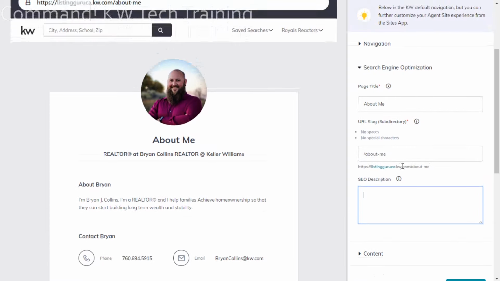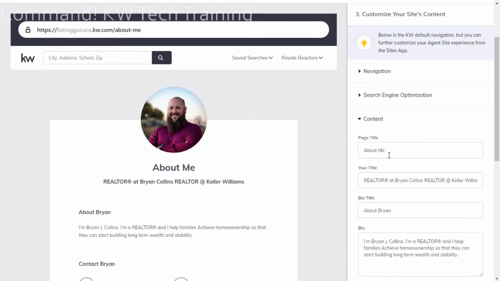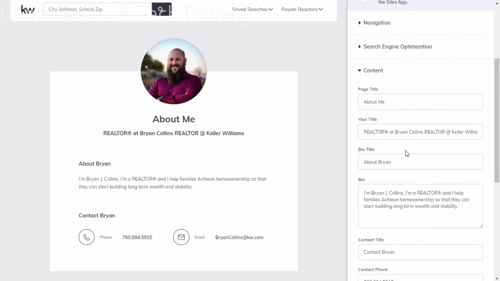Again, your SEO description should be, I don't know why I didn't fill it out. Your SEO description is going to be the back end Google searching, how people are going to find it. Again, you put your hobbies down there. When people search for hobbies, your real estate page might come up, and they go, "Oh, look at this realtor guy. He's got interests the same as me. Why is this? Let's click on his website and see what he's about." So that's your SEO, and then you can go into your content, which is going to pull from your marketing